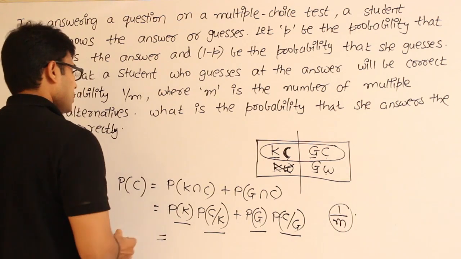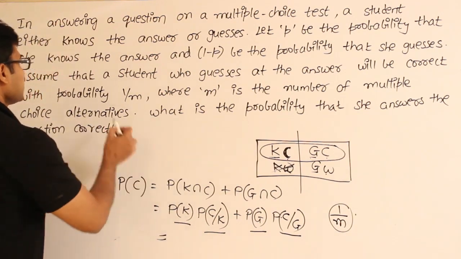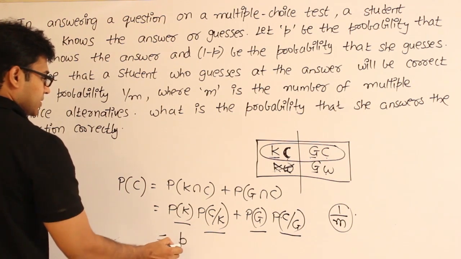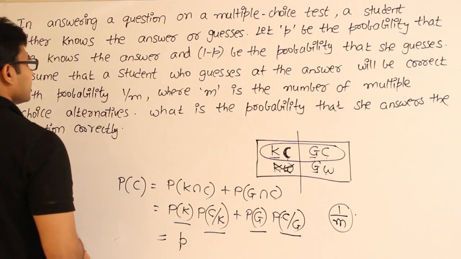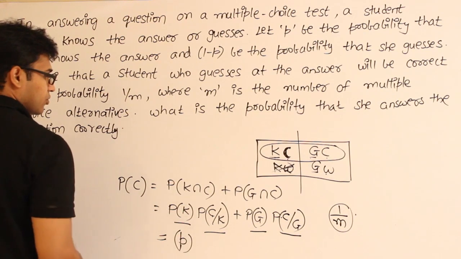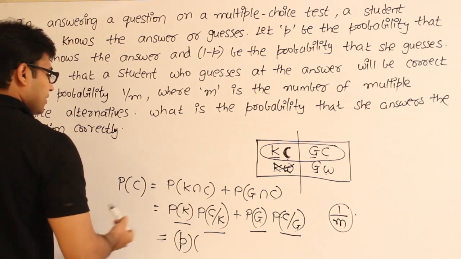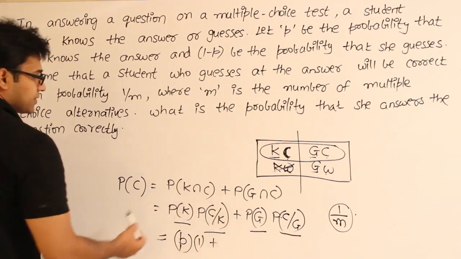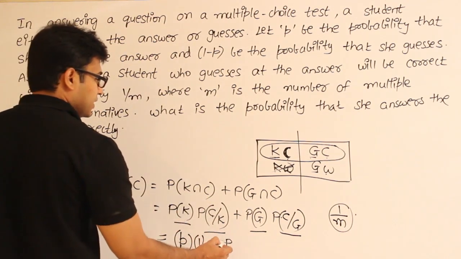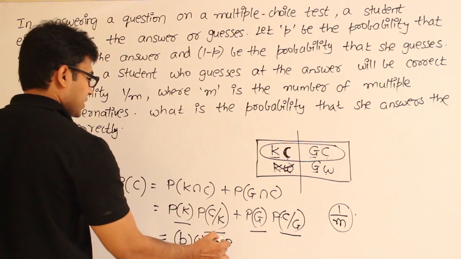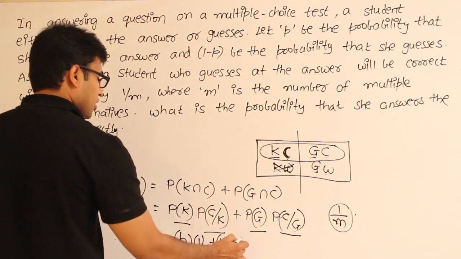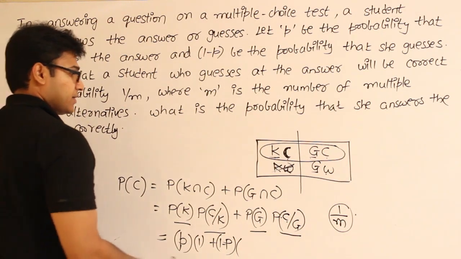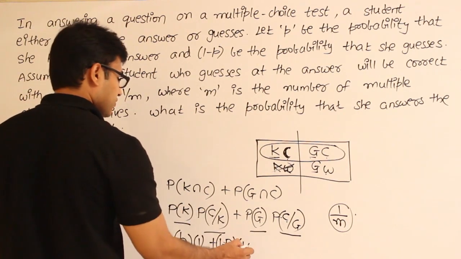See this. Now the probability that she knows the answer is already given, which is p. P is the probability that she knows the answer, right? Into the probability that she answers correctly given that she knows, which is 1, plus the probability that she guesses the answer, which is 1 minus p, into the probability that she answers it correctly given that she has guessed, which is 1 by m,